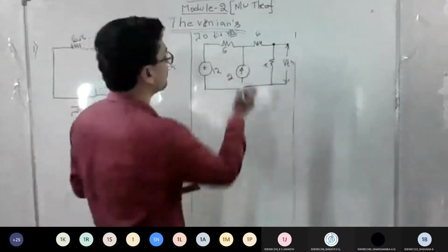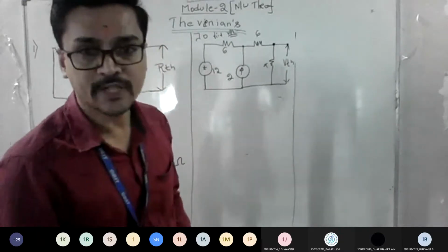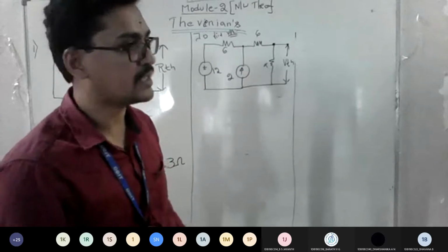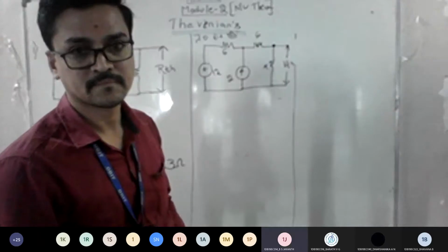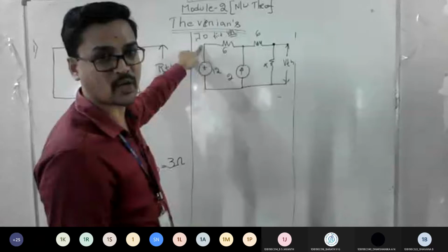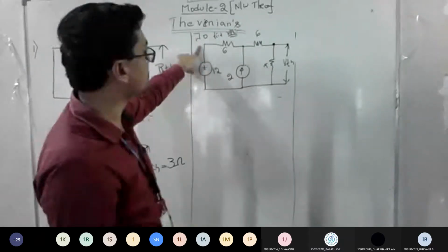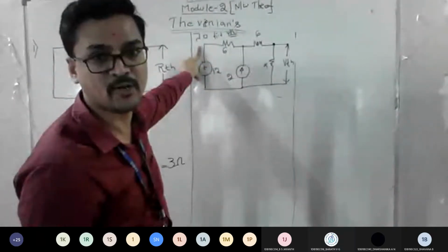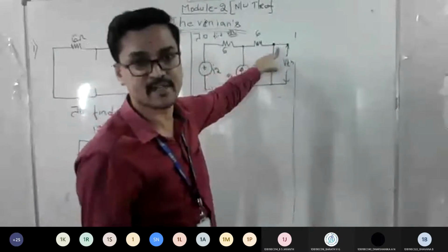So if I go with KCL, how many nodes do you have? If you go with nodal analysis, how many nodes do you have? 3, sir. If you take this, it is not required, right? Straight away I can write the 12 volt answer. Yes or no? If I take this as V1, V1 is already known, 12 volt. That is not required, no? Yes. I can take this as V1 and V2. So whatever V2 is there, is it the same as VTH?